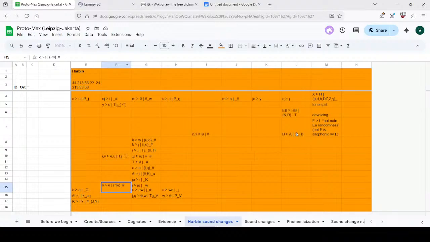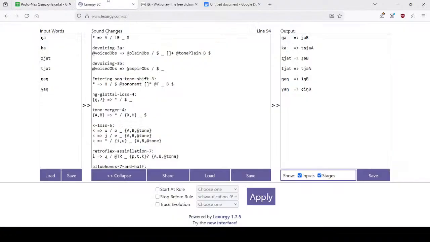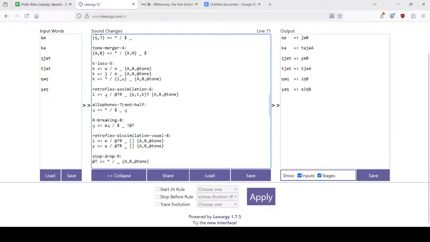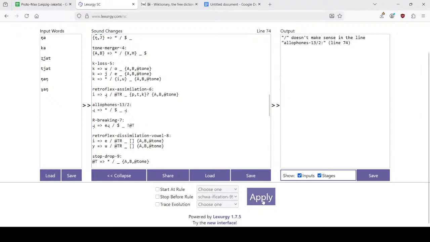Would that be an issue? Yes, loss has to happen after that. So all of these numbers just get reduced by one. So this becomes 5. This becomes 6. This is 6.5. 7. What's 6.5 in actual? No, I think I remember trying to go like 13 halves and it not working. Yeah. So 6.5, 7, 8, or wait.